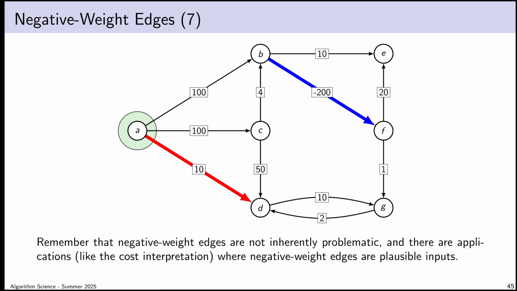Now, again, negative weight edges are no big deal. They should be allowed to exist. There are plenty of valid interpretations of this problem where negative weight edges can and should exist and need to exist for the problem to be modeled successfully. And the reason I take such great pains to say that is because, as I mentioned last time, a lot of sources will describe this whole problem, what I'm calling the minimum cost path problem, as the so-called shortest path problem, which adopts a sort of default interpretation of the weights as being distances.